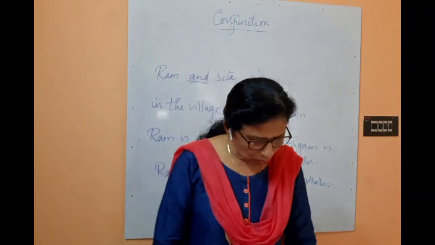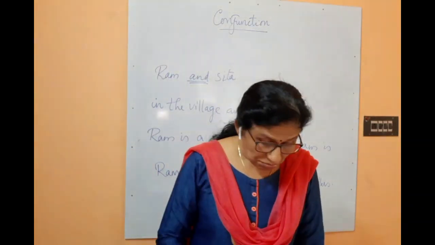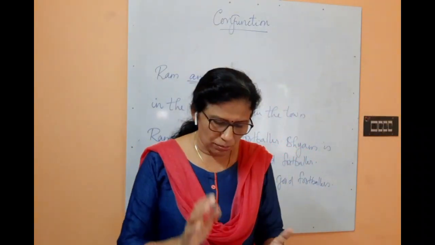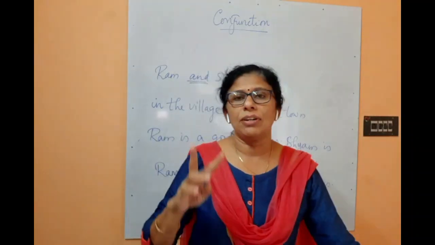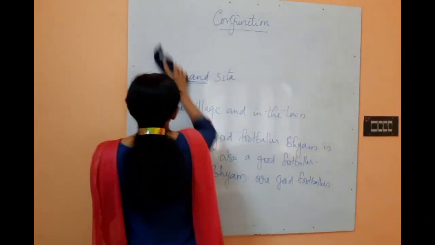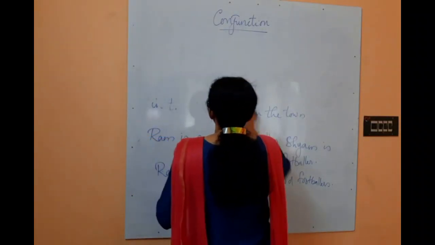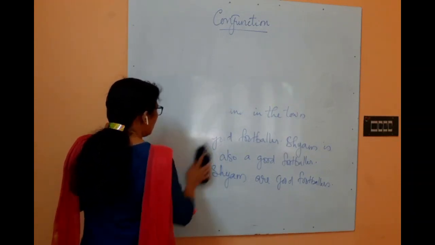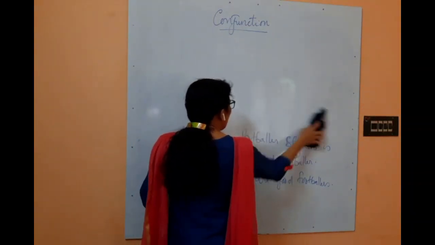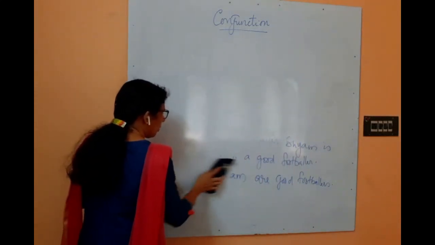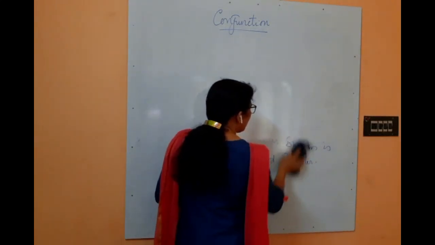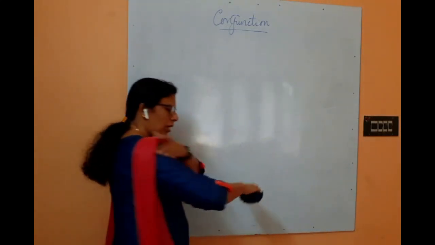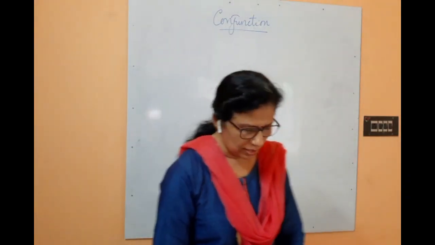Understood? Next, moving on to the next section, classification of conjunction. Conjunctions can be mainly classified into two. Which are they? Coordinating conjunction and subordinating conjunction. One more is there, but that is not actually a separate classification. What comes in that section will be split into either coordinating or subordinating, which is why we cannot say that it is a separate classification. So the main two classifications, and the first one is